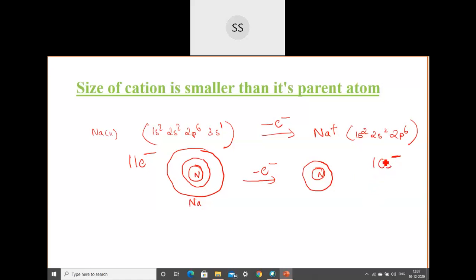And when the number of electrons decreases, the effective nuclear charge will increase. Initially it was proper: for so many electrons we had so many protons, so it was in a balanced way. But when they have lost something, they will be more eager to fight for whatever is present now. Just imagine the case of food. If there were 20 people and 20 plates of food were prepared, then there will not be any fight. But if 20 people are there and only 19 plates are prepared.